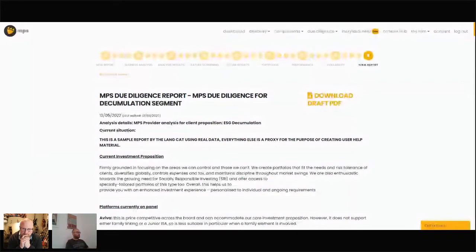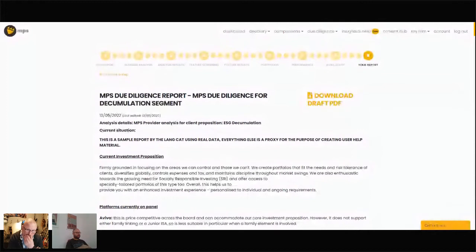So as Mark said, we're at the penultimate stage of doing an MPS due diligence exercise here, which is this stage 9 up at the breadcrumb trail here. And where we've got to just now is we've got a draft report, and we've got what we would describe as a shortlist. So what we've done is, for all the providers that we have in MPS Analyser and all their individual ranges,